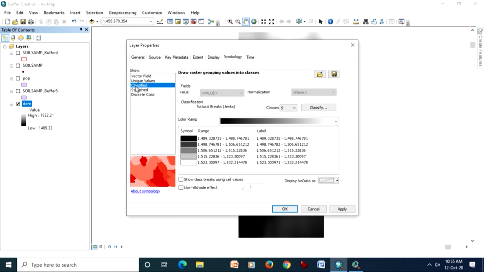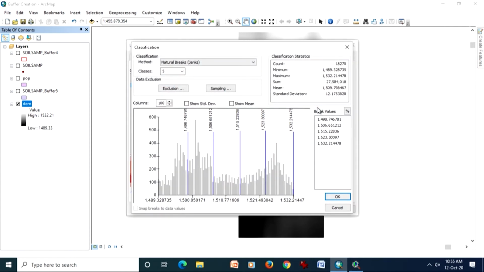We get these options when we go to layer properties, then symbology, and then when we choose classified, we get options about the classification. When we press this, what we get here is a histogram. As I was saying, the histogram should be studied first before we choose any kind of classification.